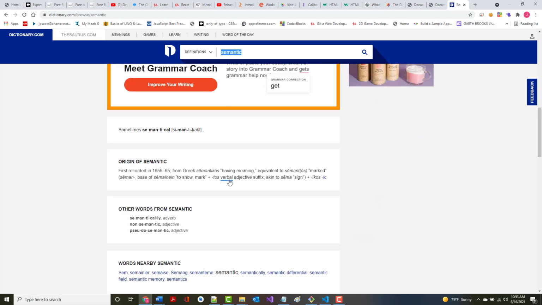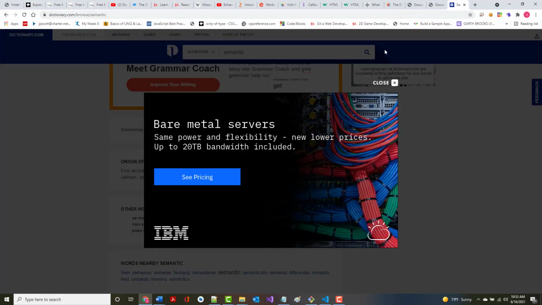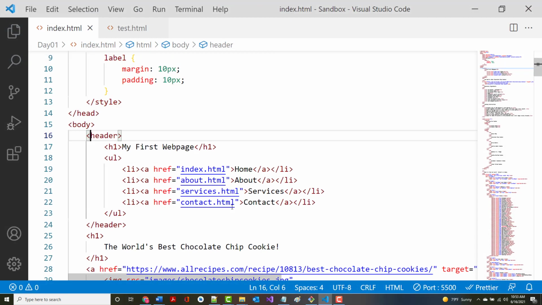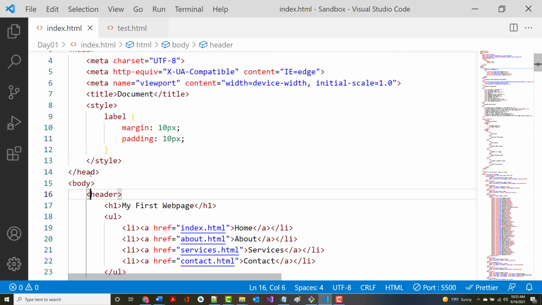Well, what they're really getting to here with semantic is we want to make sure that internally the system has some kind of an idea